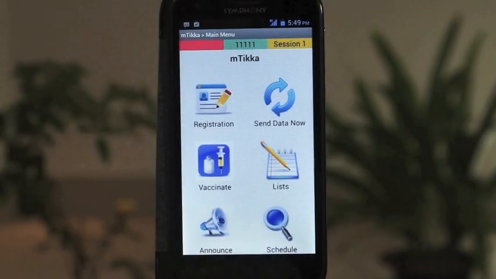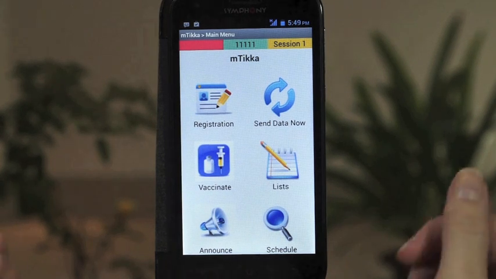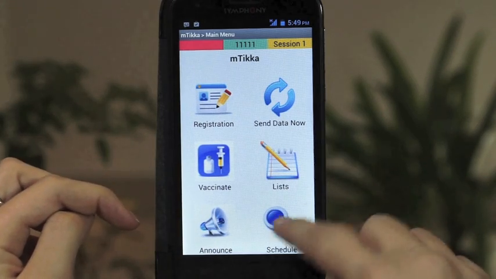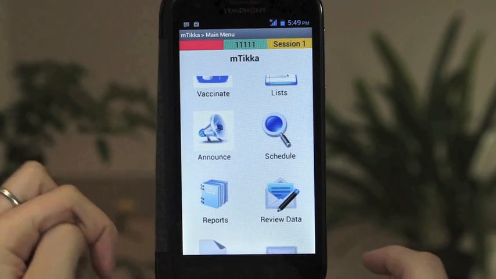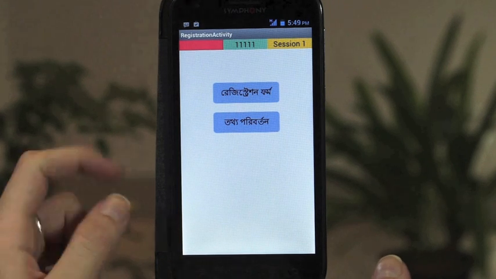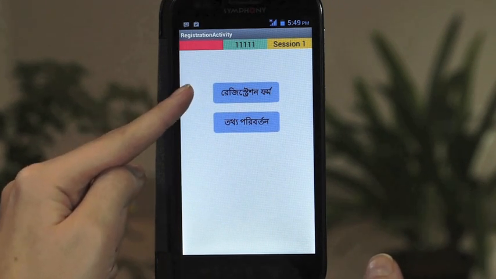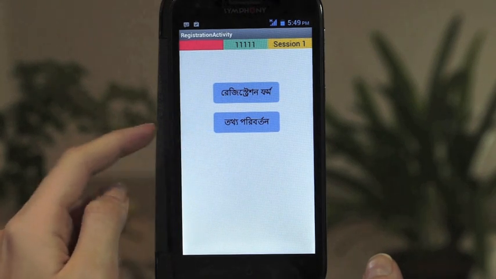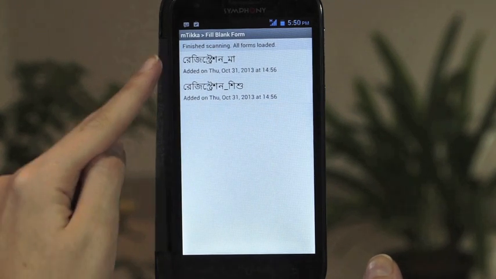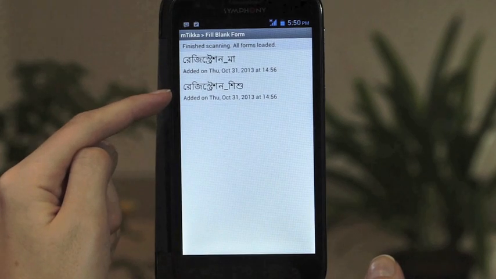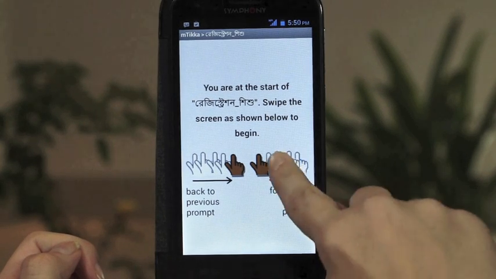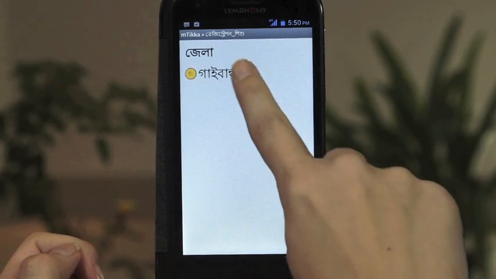The mTikka mobile application has 5 main functions: registration, vaccinate, list, announce, and reports. Let's start with registration. Here, you can complete a registration form or edit an existing registration. If we select a registration form, we can choose to complete a mother or a child registration. If we select a child registration, we then choose the location information,